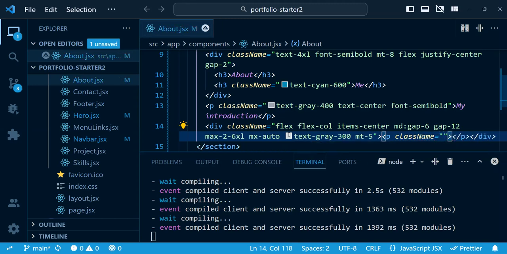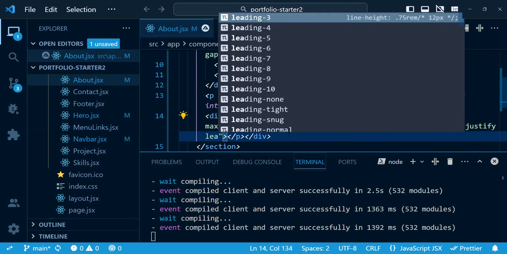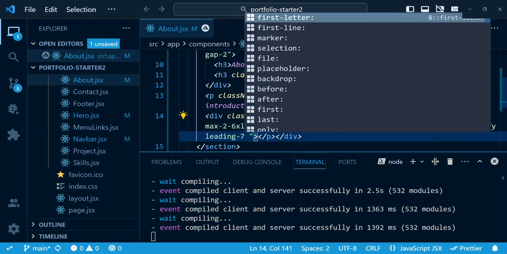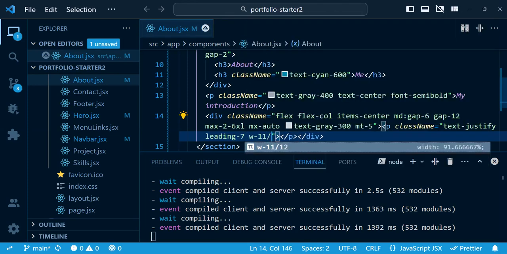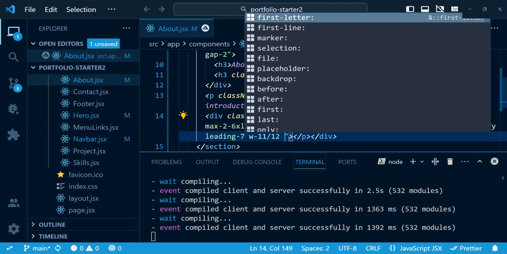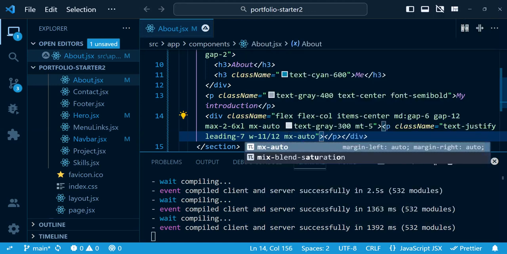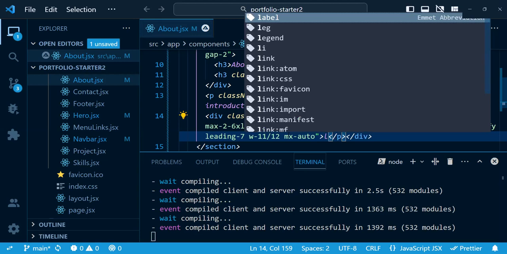For this, let's give a text of justify and leading 7 and width of 1112, and mx auto, and let's give a lorem ipsum element. Let's say lorem